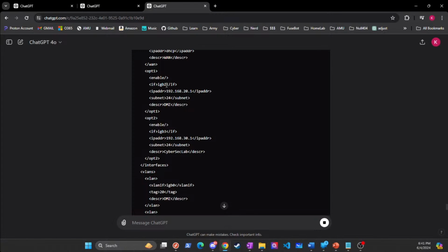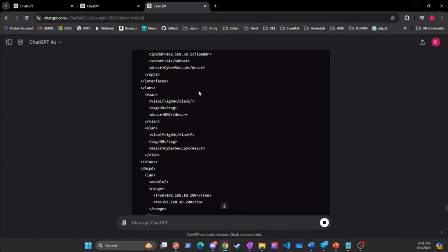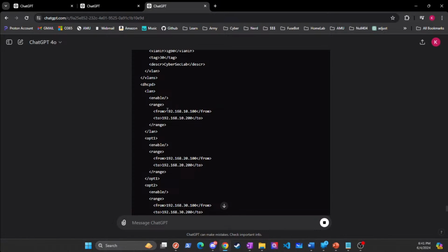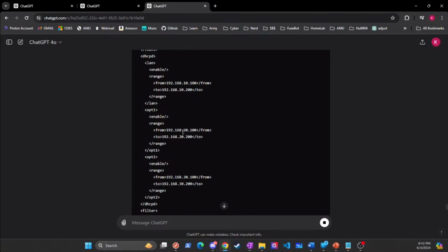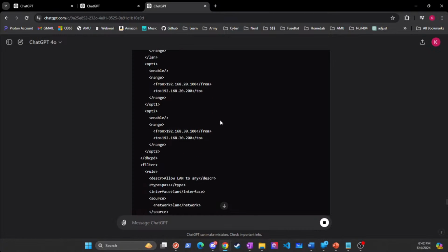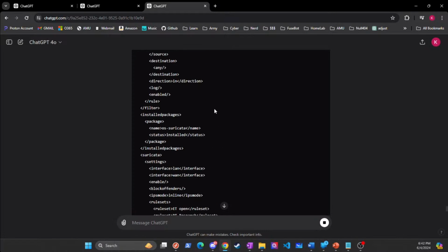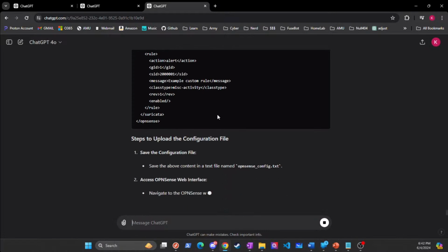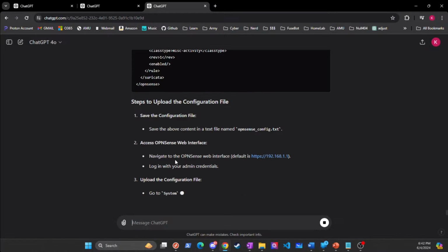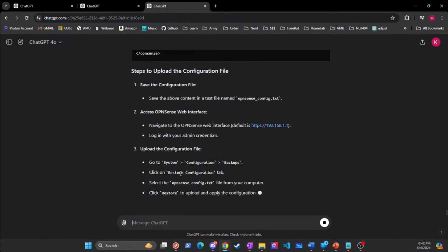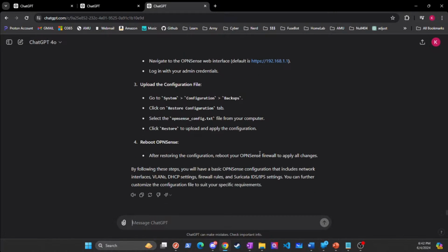It's assuming a lot of things, but at least you can get your general 10.200 range. Okay, that's interesting, enabling the range just 100 through 200. But I feel like a lot of this is, all right, now I have this generic configuration file, and it says I can upload it by logging in, config backups, restore backups.